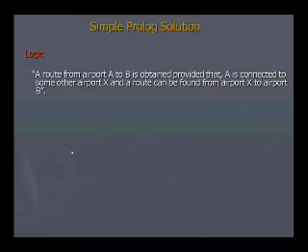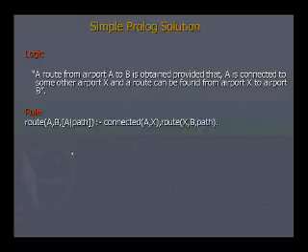To create this rule, we must have a logic in Prolog. So we can use recursion theory to understand the logic. So here is the logic. A route from airport A to B is obtained provided that A is connected to some other airport X, and a route can be found from airport X